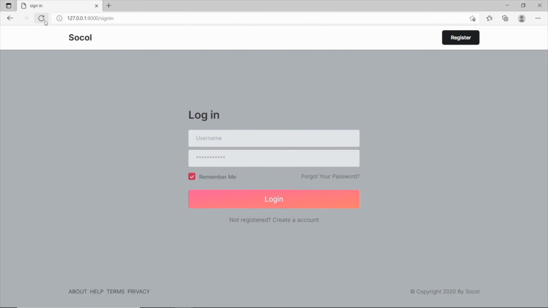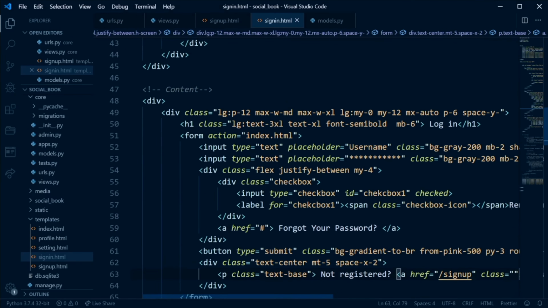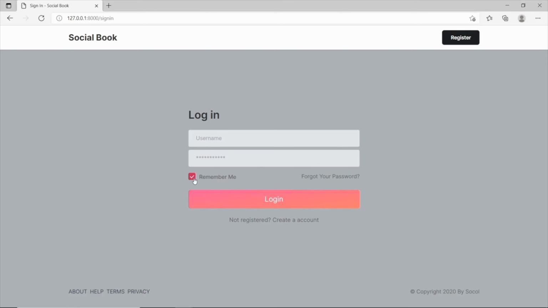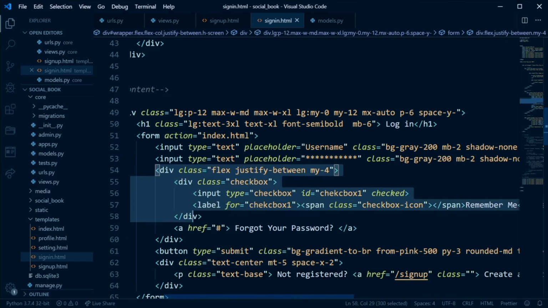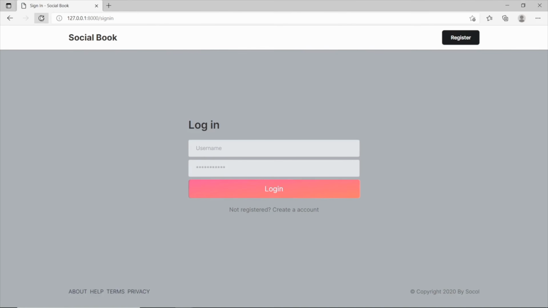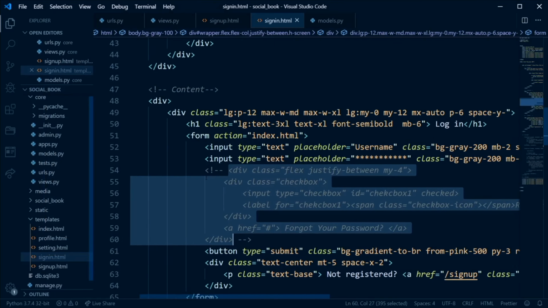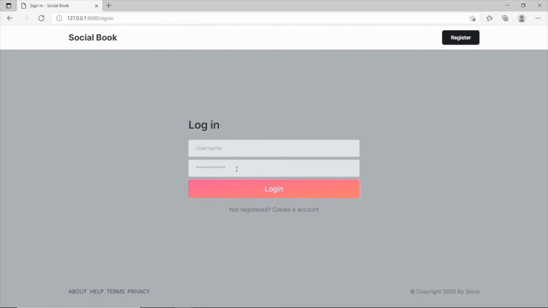Let's come back in here and hit refresh. Social book. Now, remember me, we are not really using that in this video, so let's just comment that out too. Yeah, good. So now what we just need is to configure this, make it have a post method and all